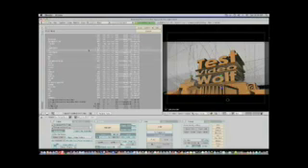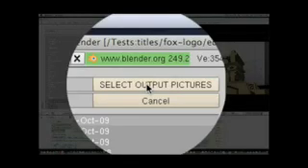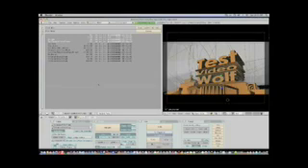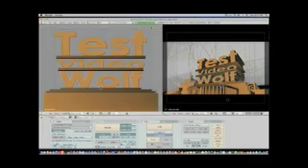So once you click on your folder you want to save it in, then click this select output pictures. And once you click that, like I'll just say test title. Once you click that, it saves it in automatically. Okay, so then you are pretty much done. You're pretty much done with your